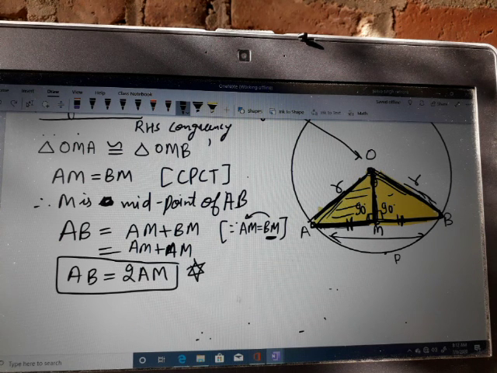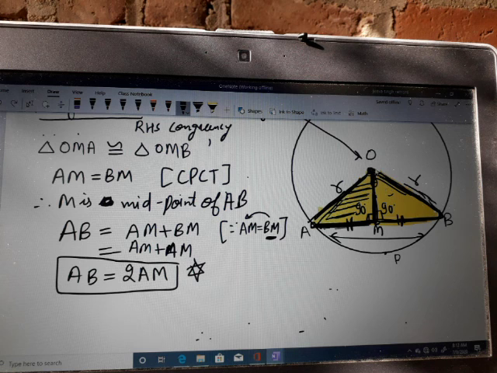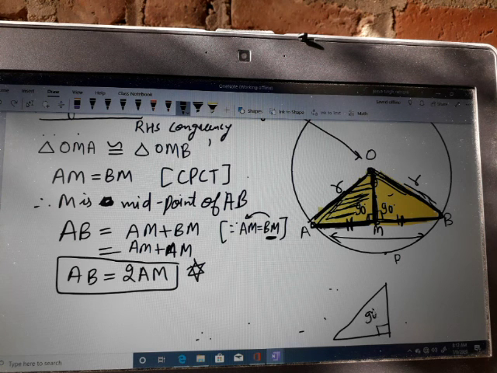Now in the next step I will use this triangle only. This triangle, please note down, I will use this triangle here, the right triangle. I apply cos theta and sin theta only in this triangle. Remember this triangle, half of the triangle. This is the right angle, this is 90 degrees, this point is M, here this is O the center, and this is A, and this is the radius of the circle, already given.